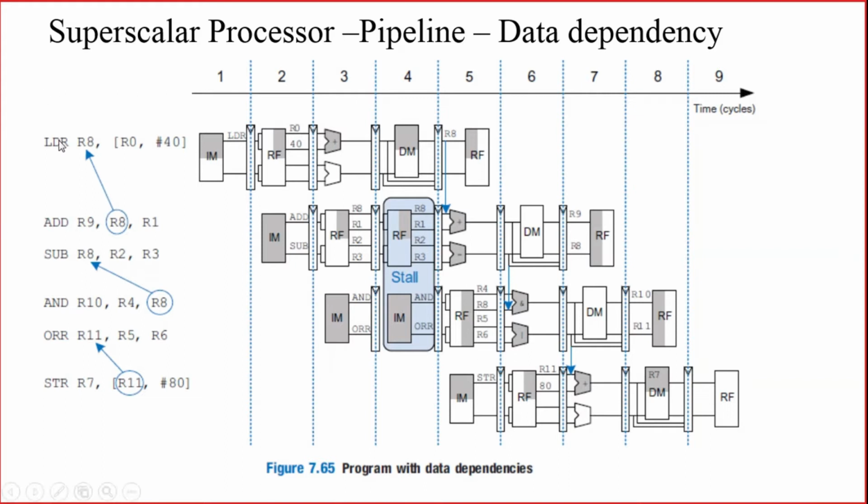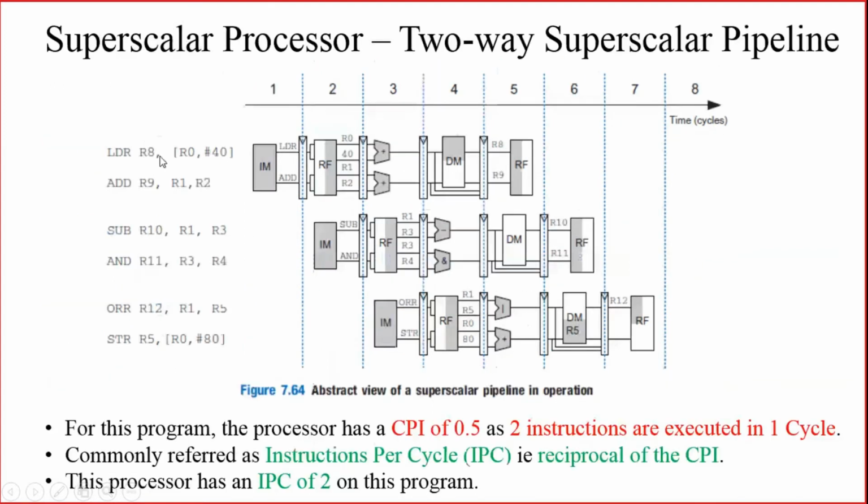So for executing this instruction, R8 should have the value which is computed from the first statement. So first of all, you need to execute the first statement, then only R8 will get the correct value, so that you can execute the second instruction. So here you have a data dependency. Why? Because this second instruction is dependent upon the data which is generated in the first step. So this is known as the data dependency. But in the previous program, you can see there is no data dependency.